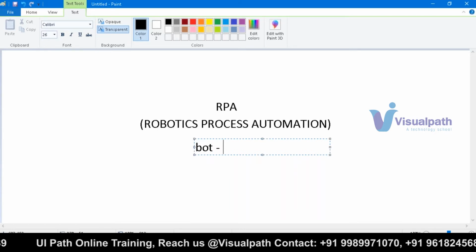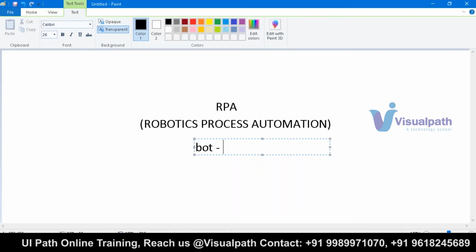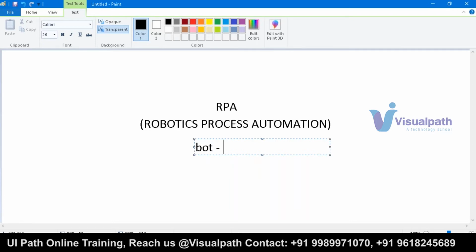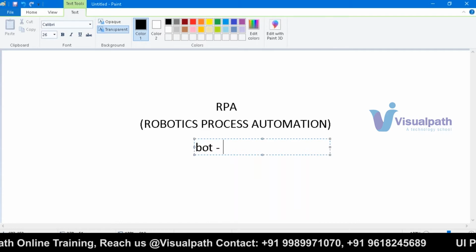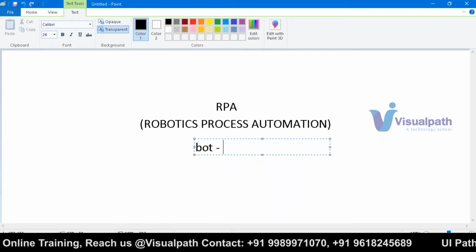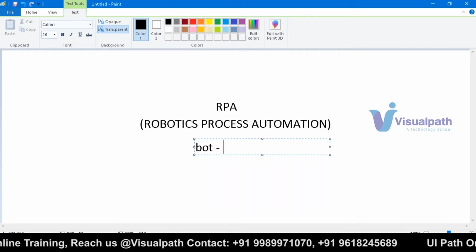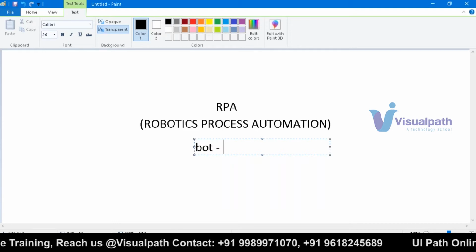And my script that is running is always faster than what a human does. And that is what RPA is, and that is the reason you see automation is getting replaced with a lot of employees. There is a lot of people getting kicked out of their companies as well. So this is robotics process automation, where you are using